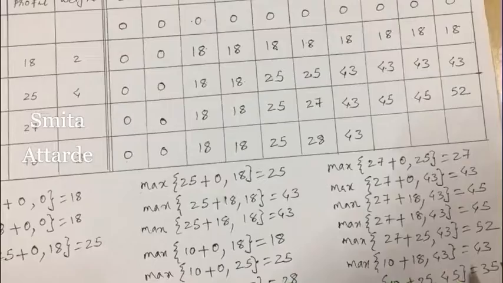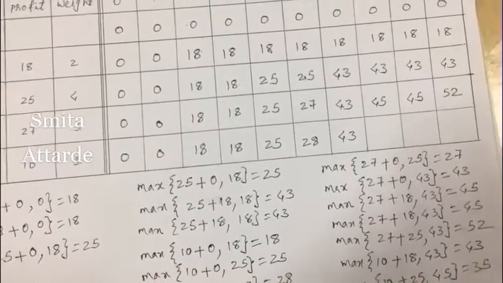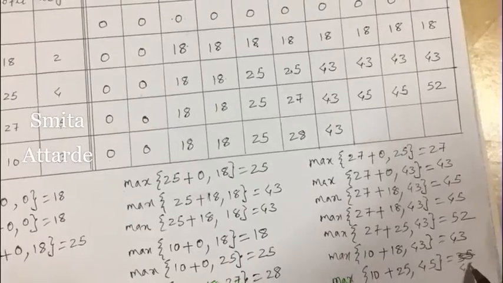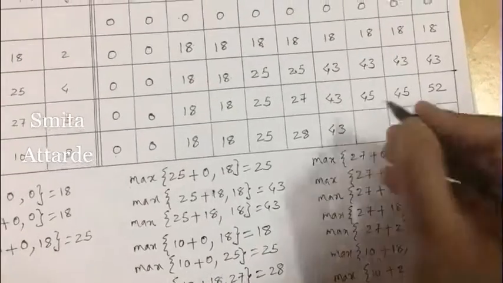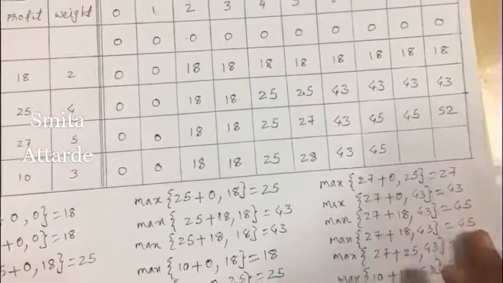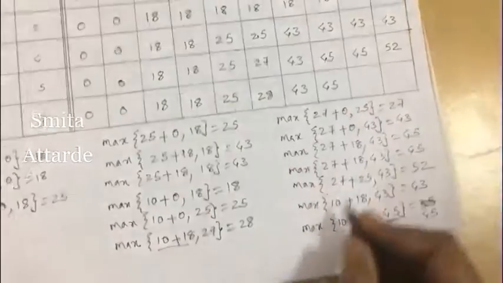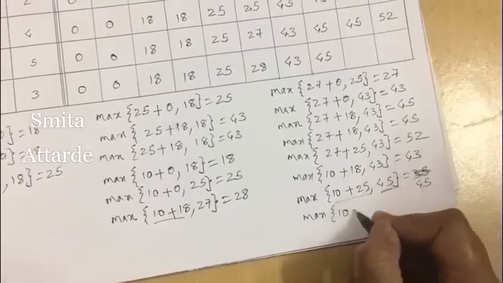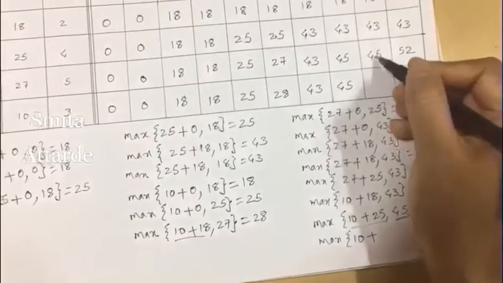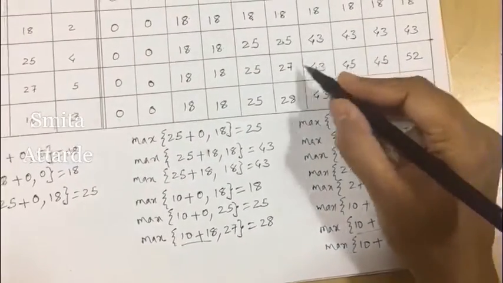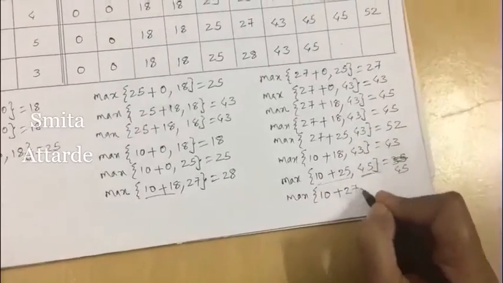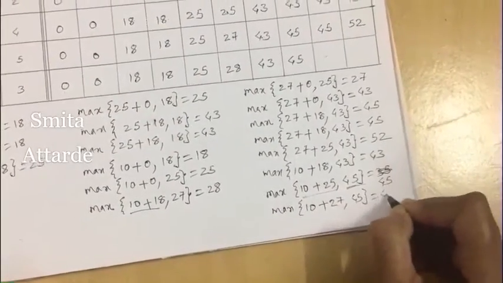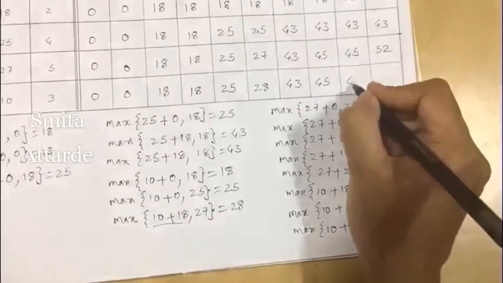So here I get, sorry, this comes out to be 45. This is maximum, this is 35, this is 45. So I get here 45. Now this value, again I'll use the formula. Max profit of this item is 10 plus, one row above, 3 steps behind: 1, 2, 3. So 10 plus 27, above value is 45. So maximum is 45. So I write here 45.